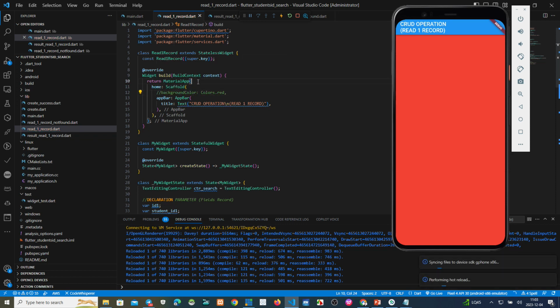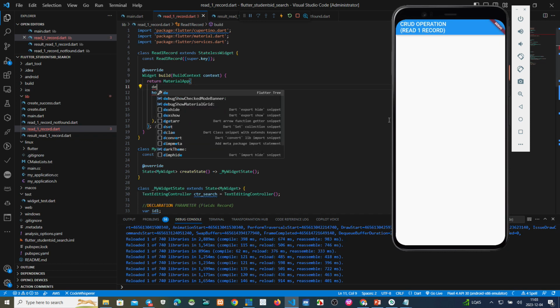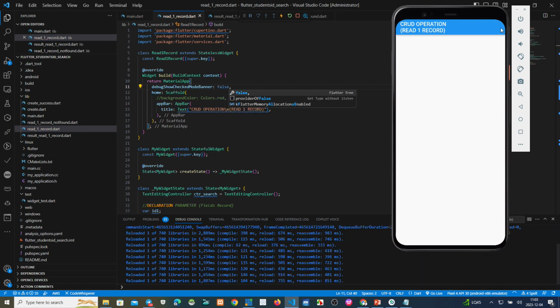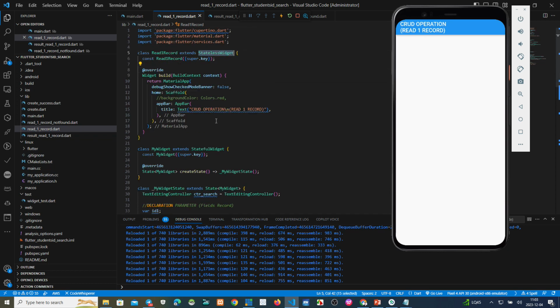The MaterialApp we put here first. We remark the red first. We remove this one, the debug banner false. Now from the stateless widget here, we call the stateful widget, MyWidget.